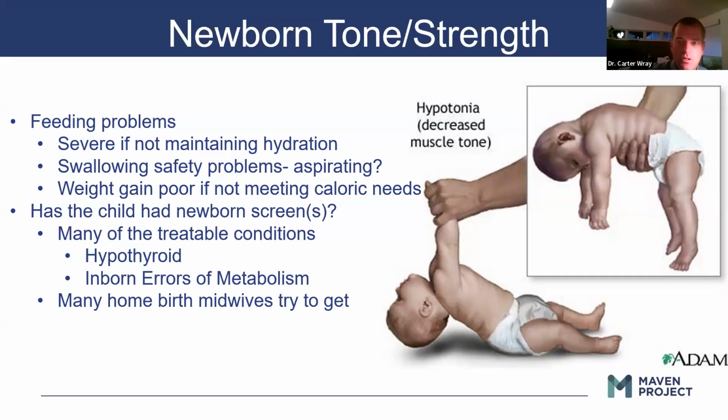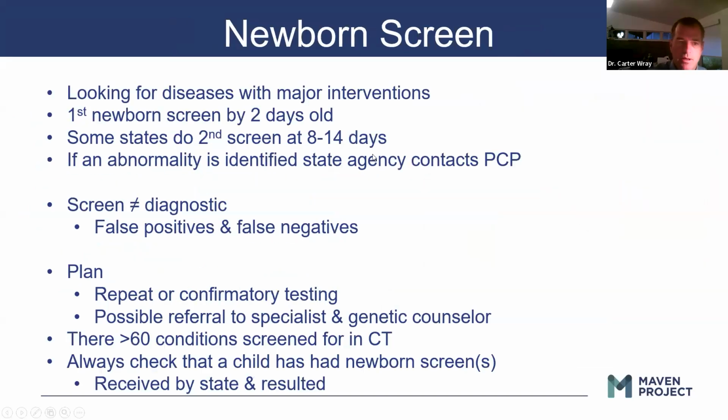I think this is most commonly missed when children are born at home, although certainly many birth midwives will try to get them from home births. But I think A, making sure that all of your children have got them, and B, that they've been resulted, is really important, because there's an incredibly large set of things that you want to not miss. But yes, home births are the thing that I worry about the most. So again, newborn screens really focus on diseases with major interventions, things that can fundamentally change the basic trajectory of